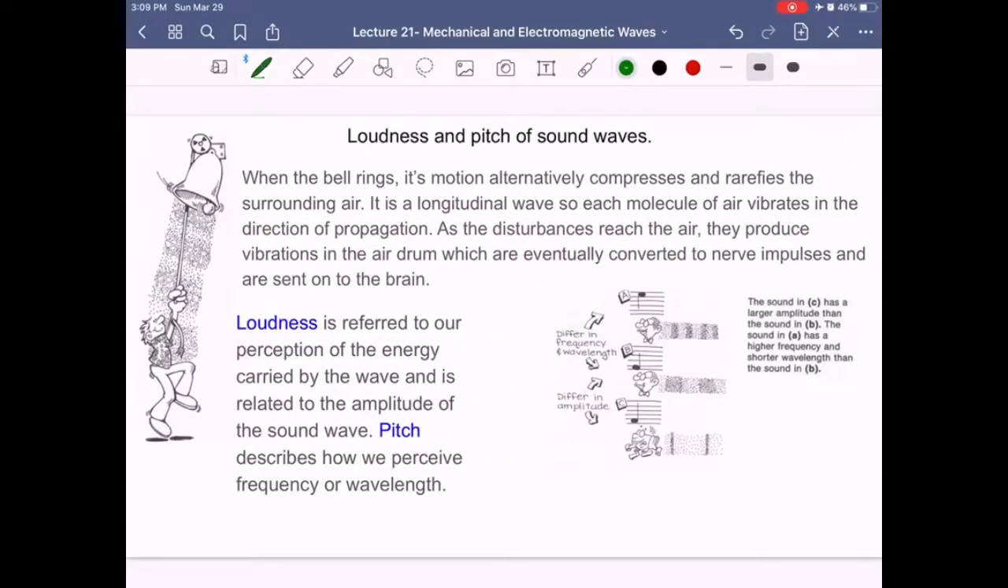And now let's talk about loudness and pitch of sound waves. So what are sound waves? We talked about it. It's just a disturbance that travels in space, and it's carrying energy. So for example, if this bell rings, its surface oscillates and produces oscillation of the surrounding air with the same frequency, and we will have those rarefactions and compressions in air that